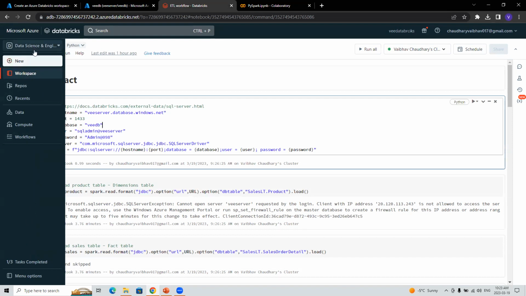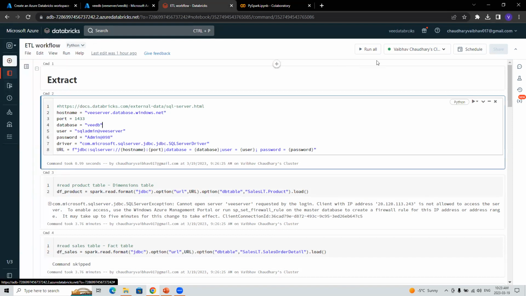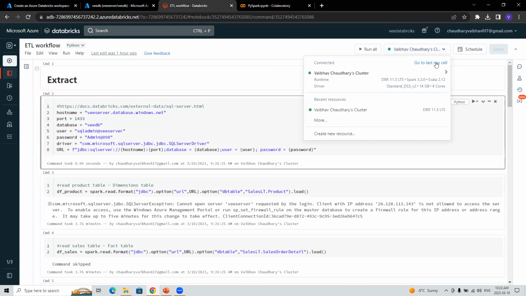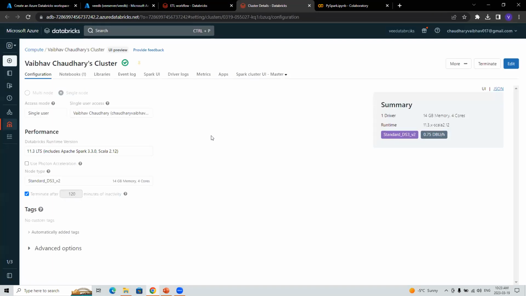And if I were to show you the cluster here, so my cluster, this is the first page that you will land on designing the cluster. So my cluster is a single node. It means I'm just working on the driver node. If you have multi-nodes, you will get the option to select the worker nodes as well. So this is just me.